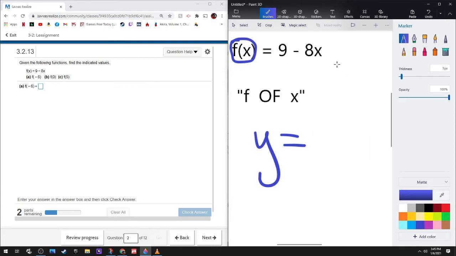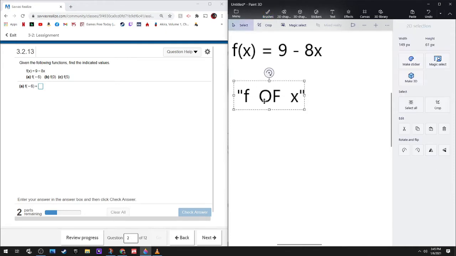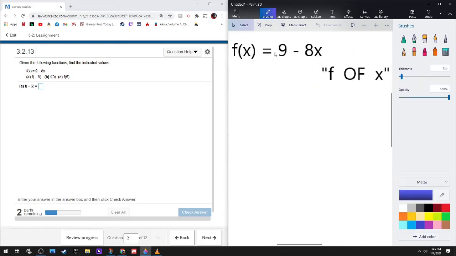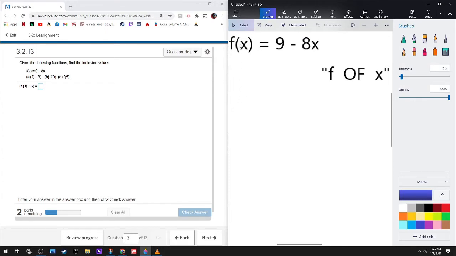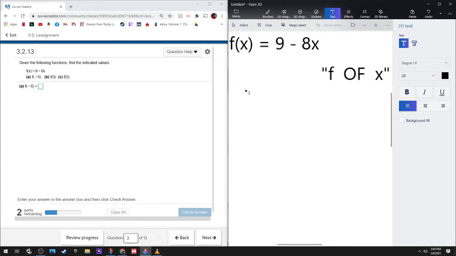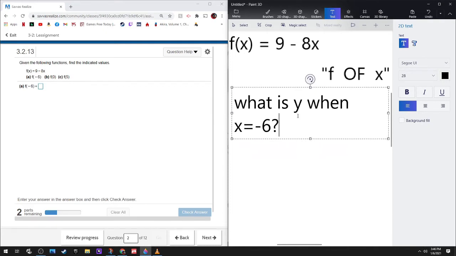So the reason we learn this is because mathematicians love to abbreviate. Instead of using words, we like to use symbols as much as we can. It takes up less space. It's more efficient in our writing. So the reason we use f of x is instead of having to write this: what is y when x equals -6? Instead of having to write all of this,